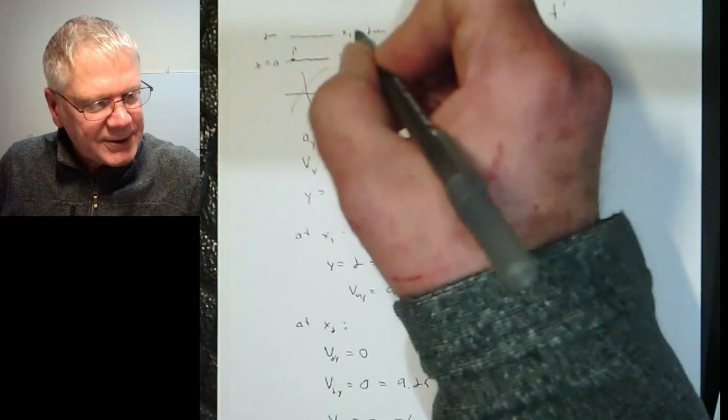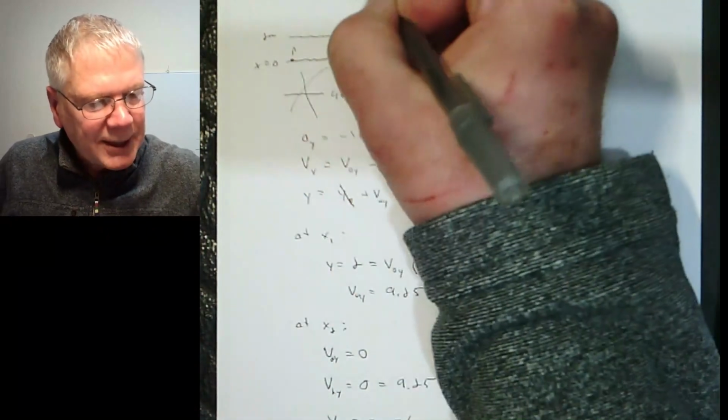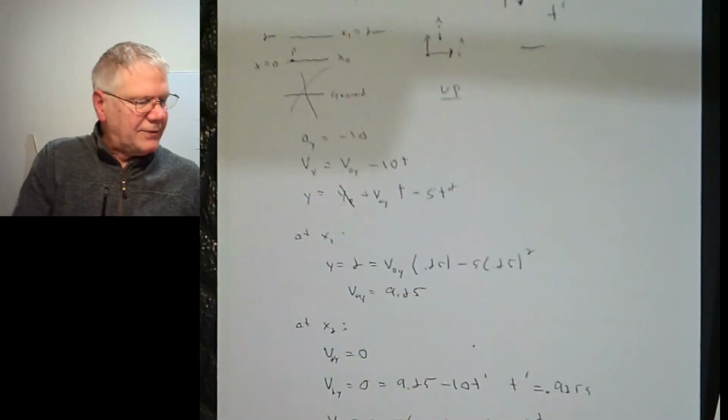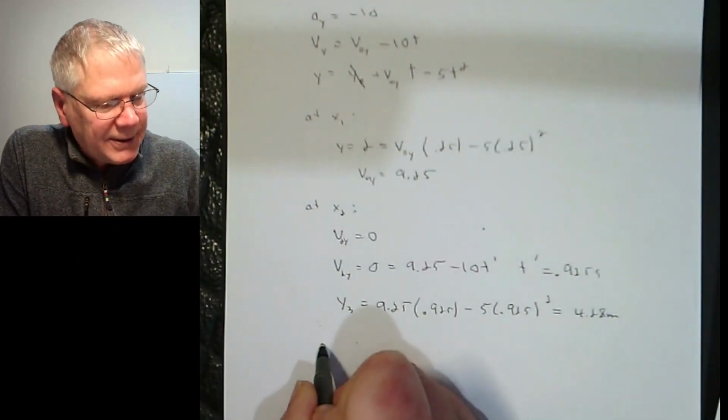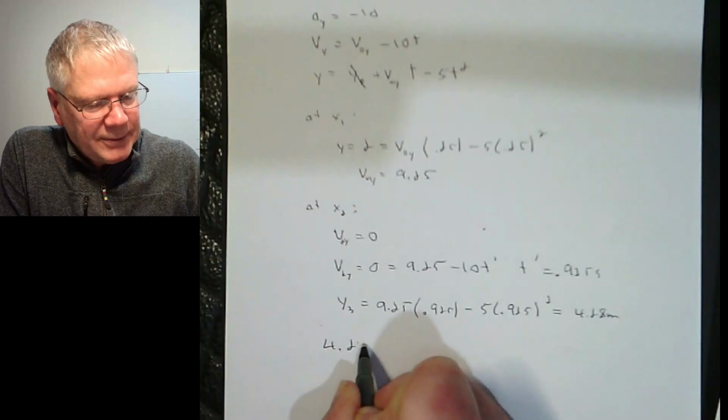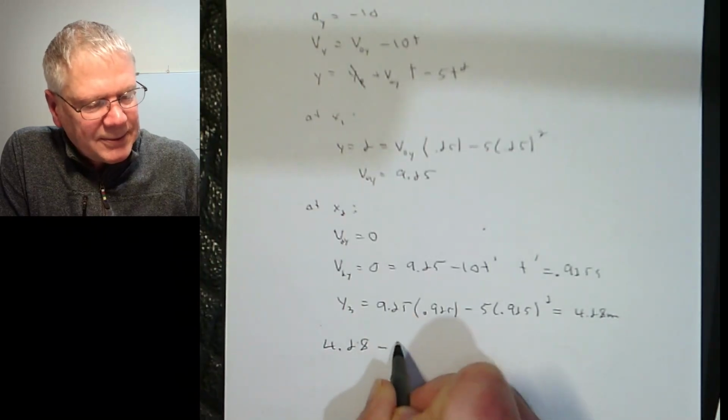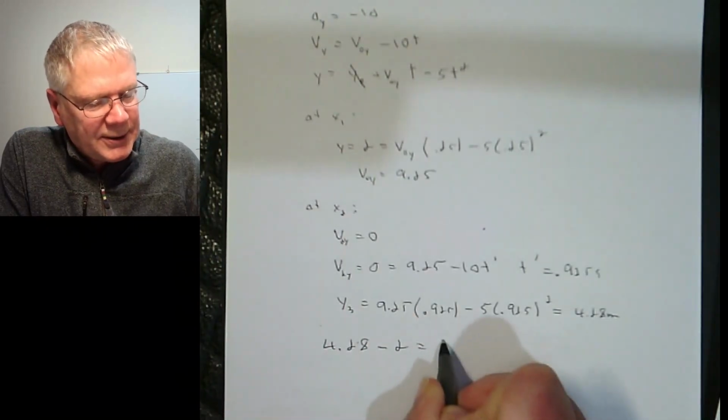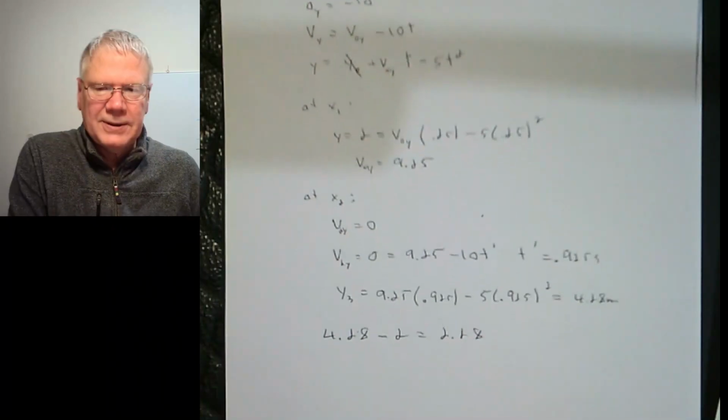And the distance to the top, what I found was h from the bottom of the window. That's 4.28 rather, and I have to subtract 2 meters for the window, and I get 2.28 above the top of